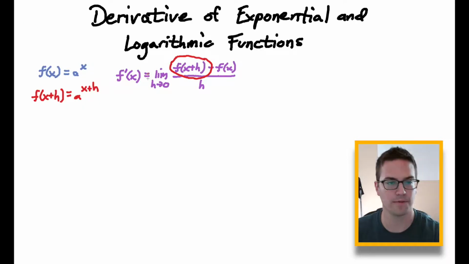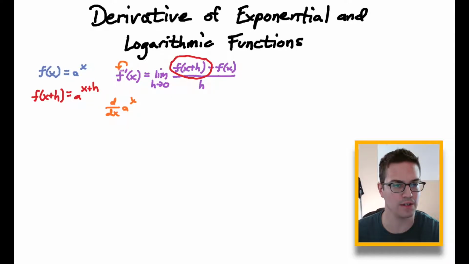So here we go. First thing I'm going to do is substitute everything in that I know. So this f prime of x is basically just going to be the derivative of a to the x. I'm just going to kind of rewrite that. So it's f prime. Remember, prime means the derivative of whatever's in front of it. So it's the derivative of f of x. F of x right here is a to the x. This is our derivative operator. It means to take the derivative of whatever's after it. We want to take the derivative of this a to the x. Okay, this is going to be equal to,